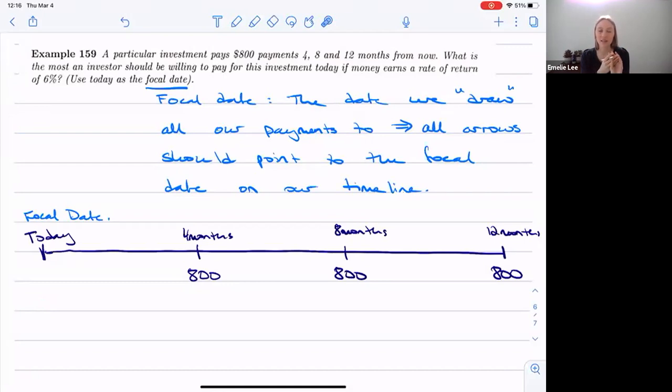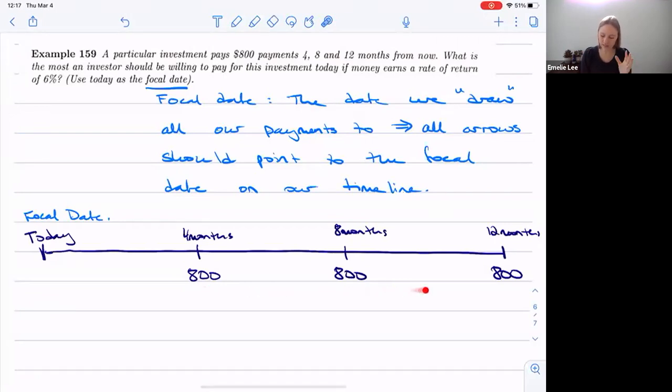And then they said, but you have to pay us some amount. So we need to figure out, at what point would I be better off just taking my money and depositing it at 6% and not getting these multiple payments? And so